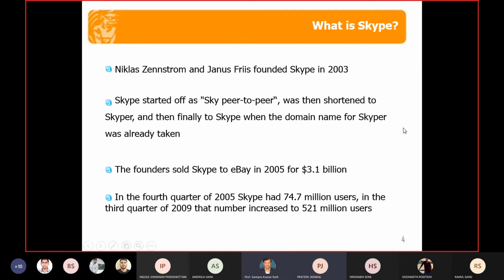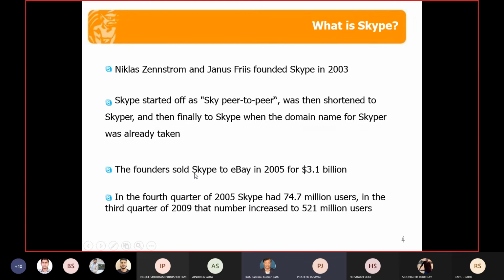Because sometimes it happens in the IT industry, domain names are taken. The same happened with Java: it was first Sun system, then it changed to Oak, but Oak was authorized by some other third party, so that's why Java came into picture, and the domain name was set as Java.